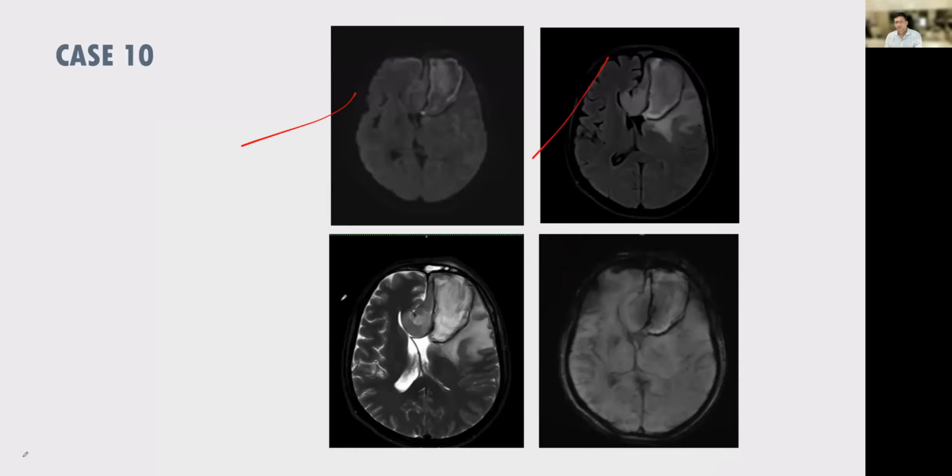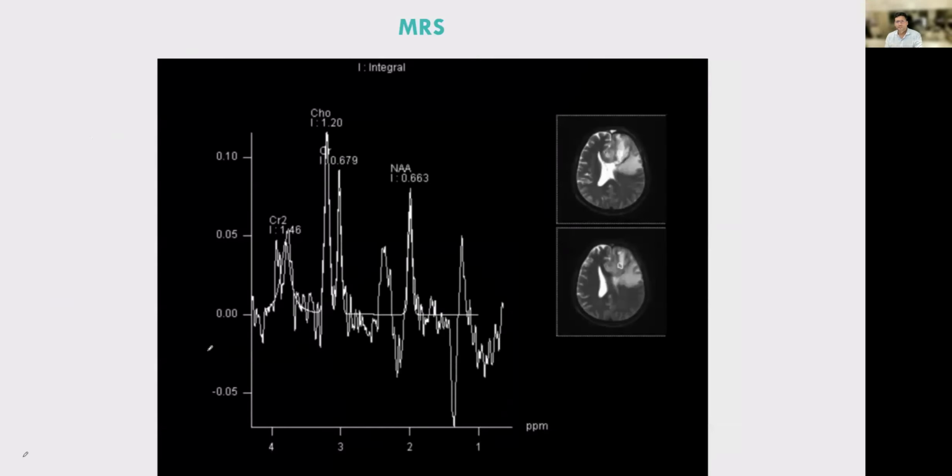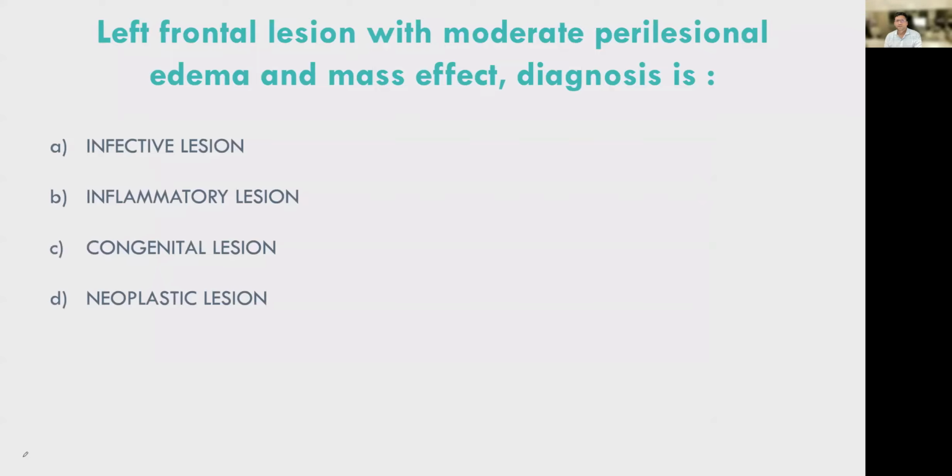This is from recent United Imaging, and you can also see this is our video case. In fact, what peak are you seeing here in this lesion? Is it an infective lesion, inflammatory lesion, congenital lesion, neoplastic lesion? If it is an infective or inflammatory lesion, which is the diagnosis? First of all,